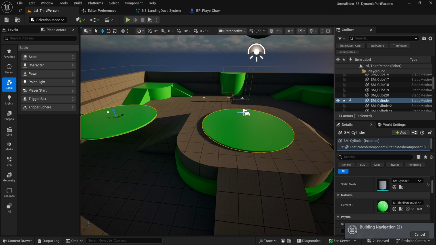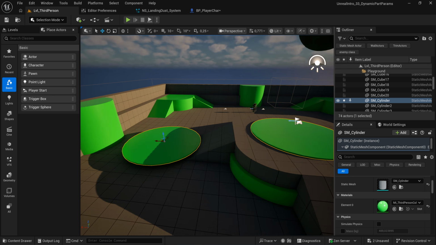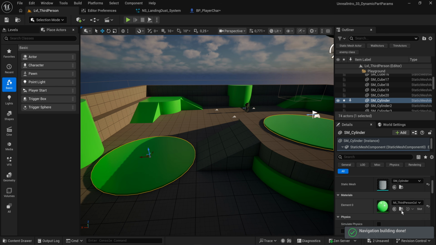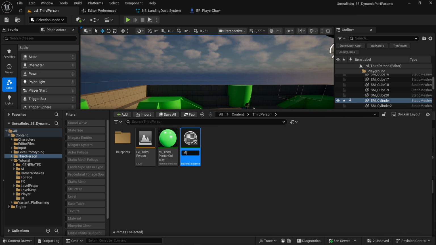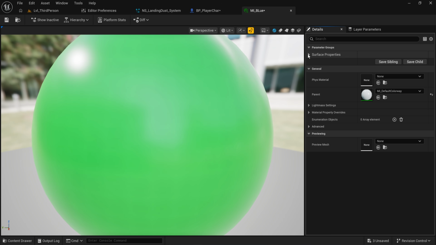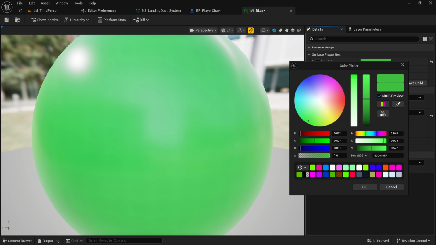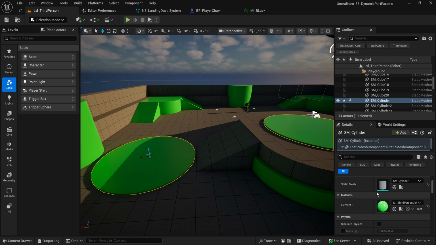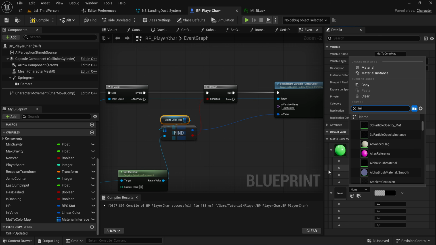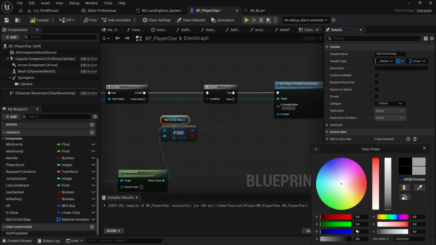And I'm going to copy this thing over and just with the End key on the keyboard, snap it down to the ground and make a copy of this material. Call it MI, let's call it blue for material instance, well, blue. And then the surface option here, I'm going to just call this one blue instead. Give it to this object, just to show you how easy it is to now go in here and look up my material instance for blue and tell it, well, I want this to spawn in, again, alpha, add 1,